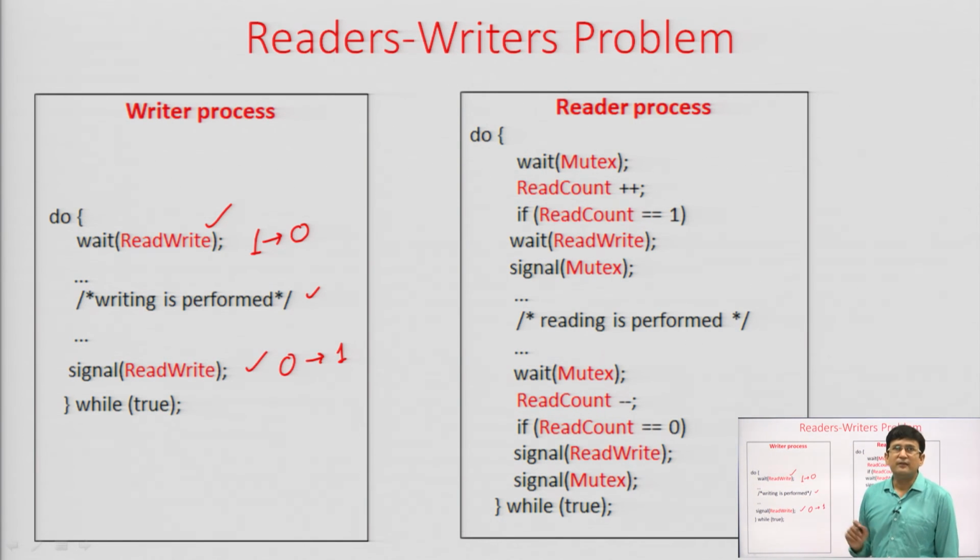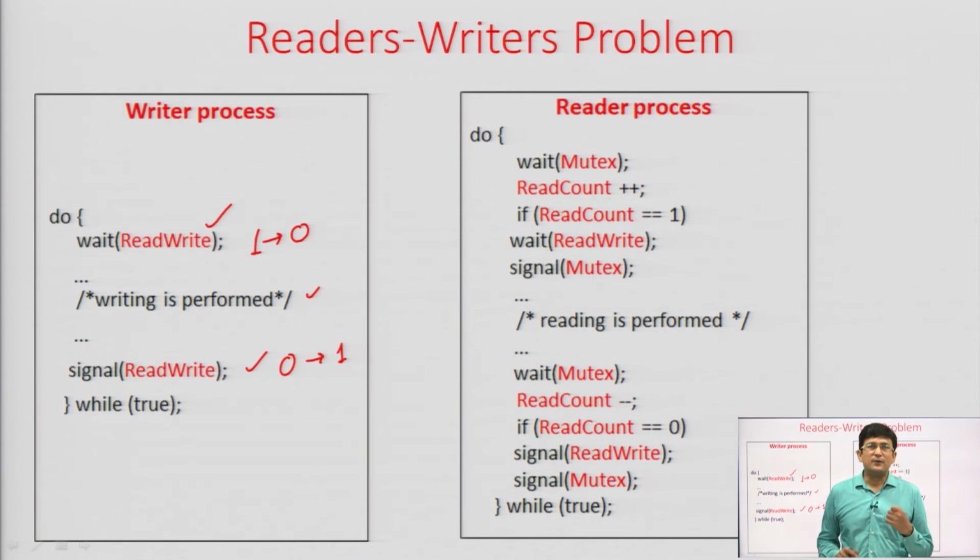Now, let us deal with the readers problem. Readers problem is a bit tough to understand. Let us say that the reader wants to read, or reader process wants to initiate the read operation. So, first it should ensure that the writings are not there. Okay. First it should ensure that the writing is not there, but it is done only in the first read operation. Okay. Let us see this.